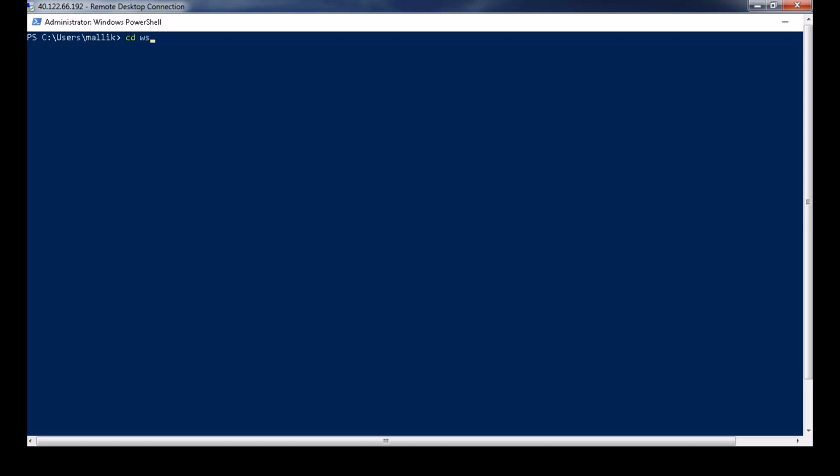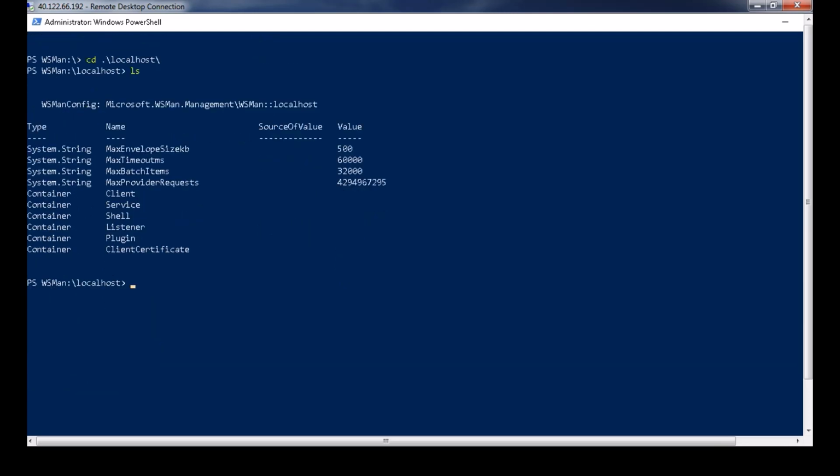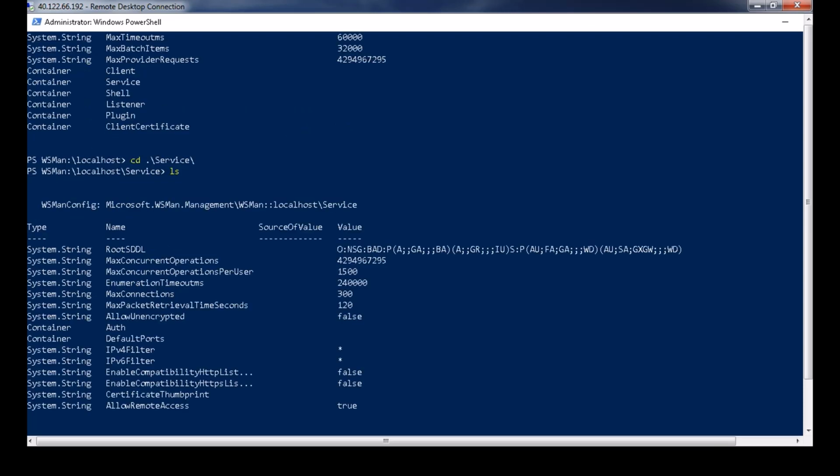If you want to see the configuration of your remoting, you can go to the WSMan drive. Currently you will have a connection to the localhost, because this is where your remoting is enabled. You can navigate with cd localhost and then ls, and you can see that there is information about the service. So you can go to cd service to see the WSMan service, and then do an ls to get